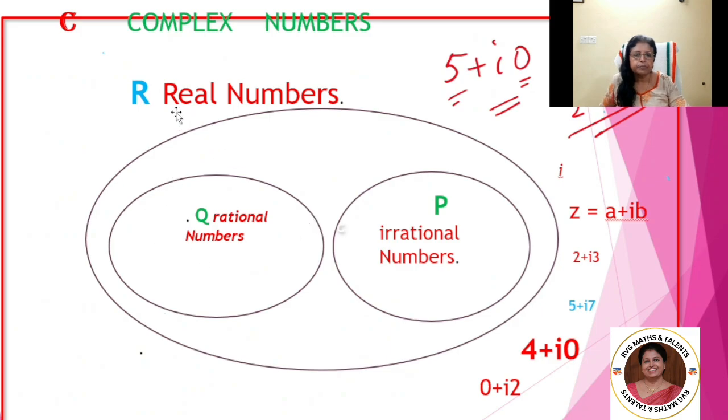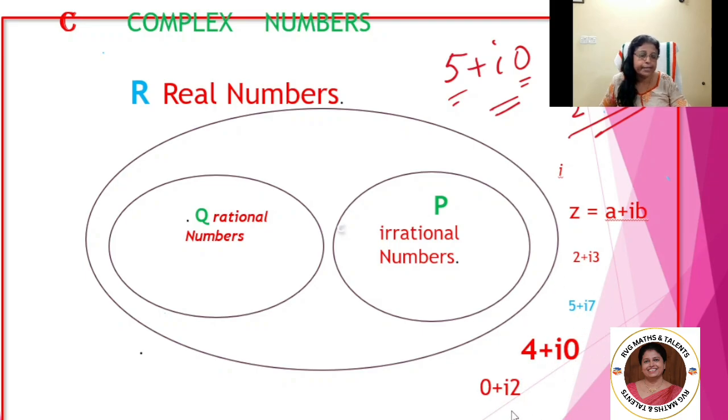One example is 5 plus i0. 5 is the real part and 0 is the imaginary part. 5 plus i0 means 5 itself. 5 is a natural number. That means a natural number can be written in this form and it is also a complex number. We know that all real numbers can be expressed in the form a plus ib, so they are complex numbers. All these are examples of complex numbers: 2 plus i3, 5 plus i7, 4 plus i0,